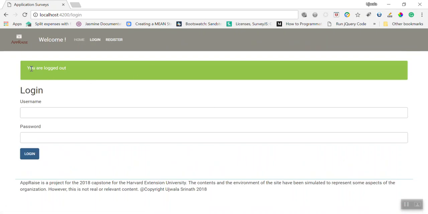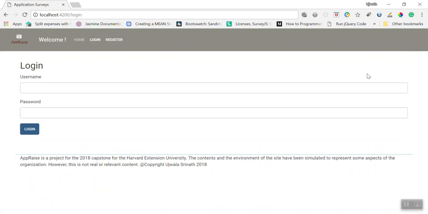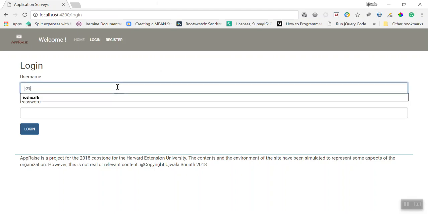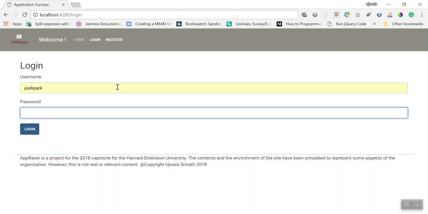I'll just log out and there you go. You have a green message which is displayed on the top, that is consistently displayed on the top actually. I've added in a delay for a few seconds so that it shows up on screen,